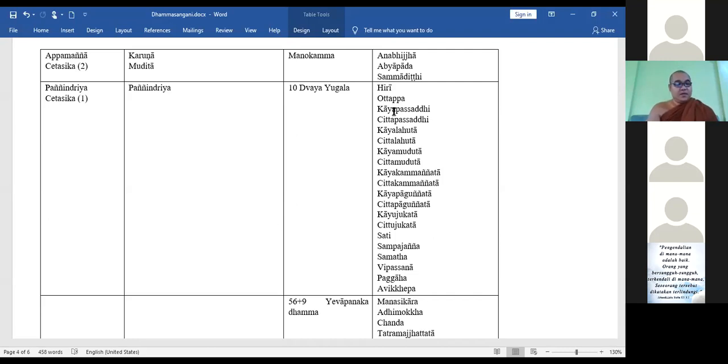But in the commentary, rupa kaya can also be referred to. The commentary explained that by the word kaya in kaya passaddhi, the physical body can also be referred to. Okay, so it's also quite reasonable. Sometimes you feel very tired and then you go under the shade of a tree or nearby